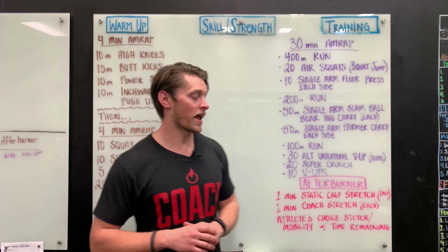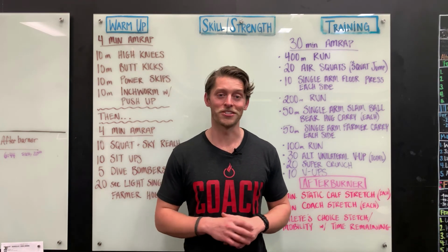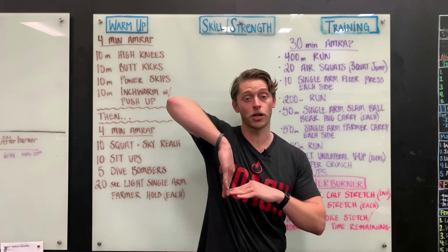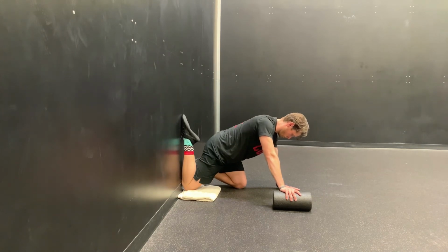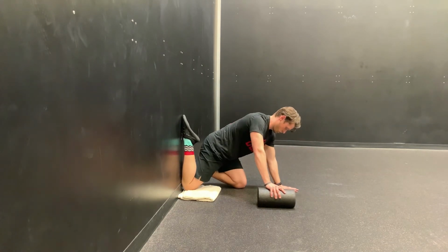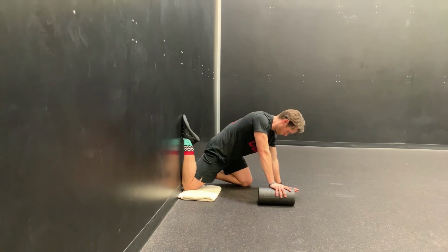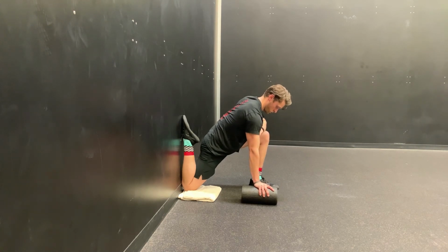Next, we'll go into our couch stretch, appropriately named because we could do this at home on the couch. So you can sit down on the floor, or you could put your leg into the cushion and back cushion of the couch, just looking for about a 90-degree area, even against a wall if you needed to. And all we're going to do is tuck those hips underneath, squeeze those glutes, and that way our hips are open fully, and you're going to feel a big stretch in that hip flexor, so right in the front